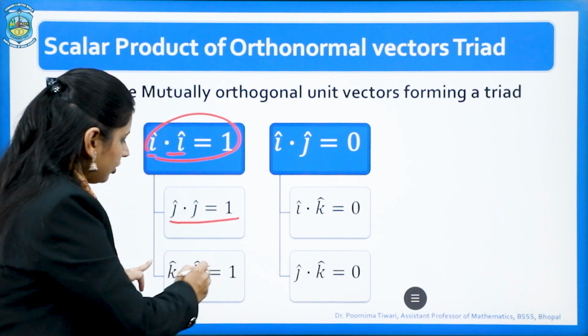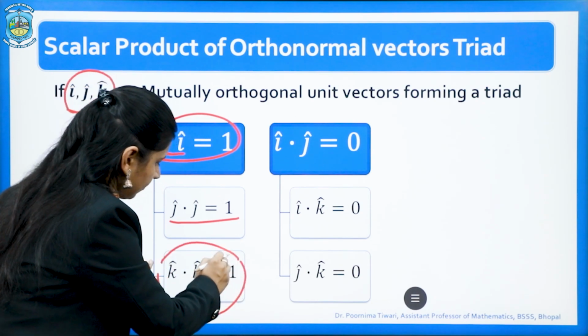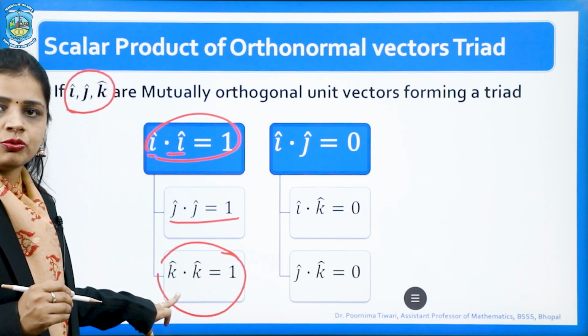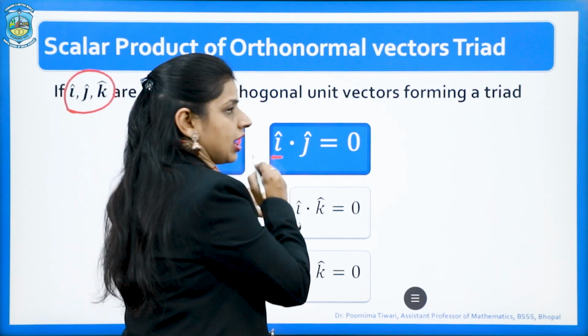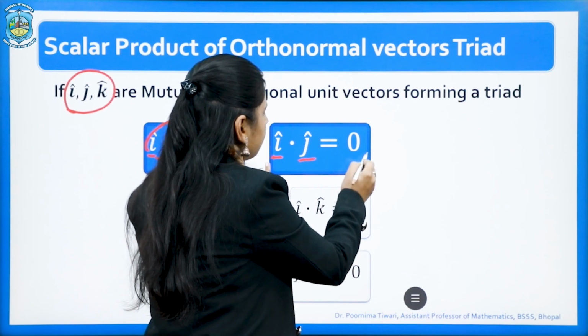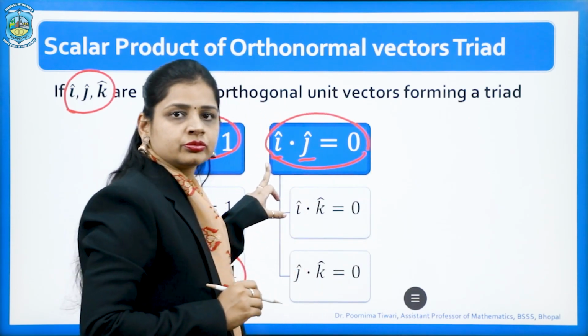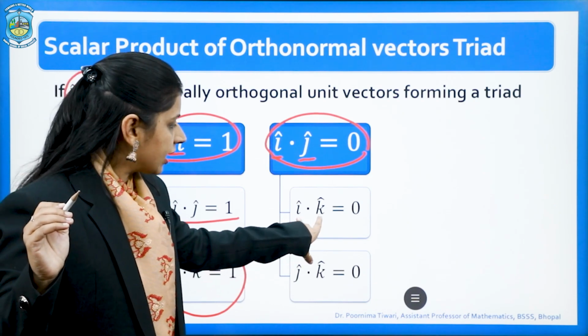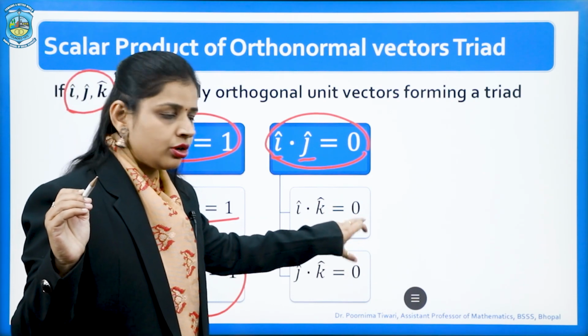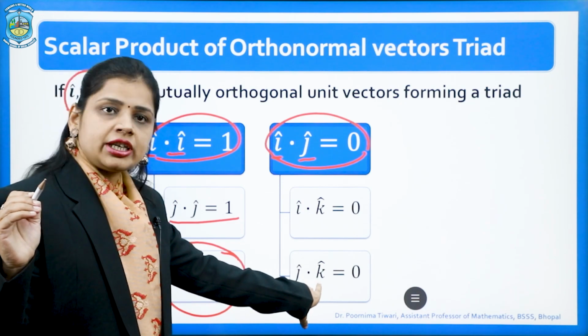And similarly, dot product of k cap with itself is equal to 1. If we take dot product of i cap with j cap, we get 0. Dot product of i cap with the vector k cap is also 0